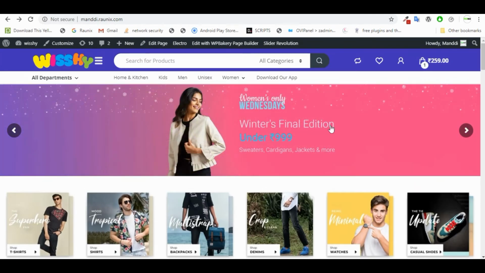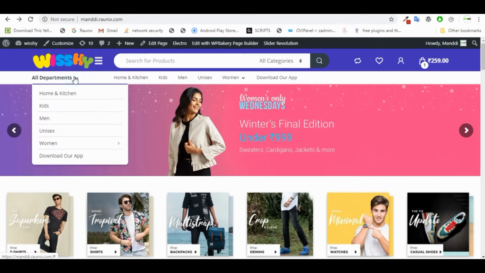Similarly, this website is designed for multiple category business. You can add as many categories as you want from the admin. We will discuss this in the future. So now as you can see, this is the basic front end of the Vishy, and this is the menu. Your client can click on any of these menus and they will be redirected to the particular category, and this is the whole menu where all the categories are available.